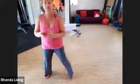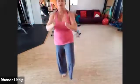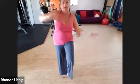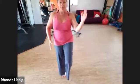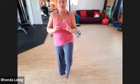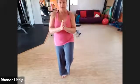Okay, now what's going to stop you are your muscles. So as soon as I say come back center, get that left knee up as soon as you can, because the momentum is going side to side. So think about the internal muscles, toning the connective tissue here. So we're going to stop, bring the left knee up, and go right into it. And you're going to notice your body's going to want to move different spots because you had that movement. So we're toning the inside of the body by stopping,